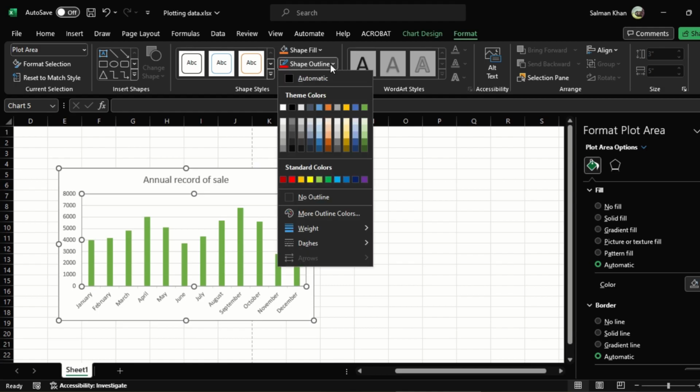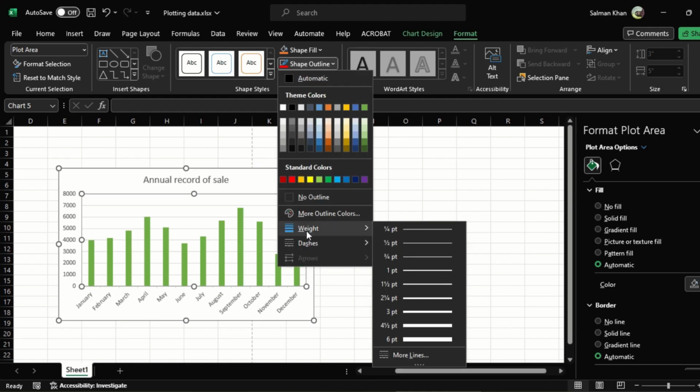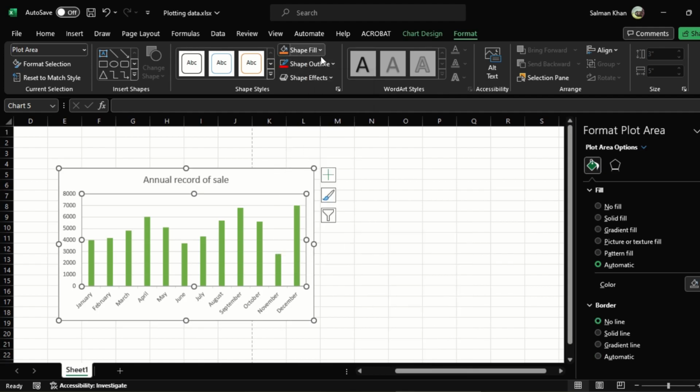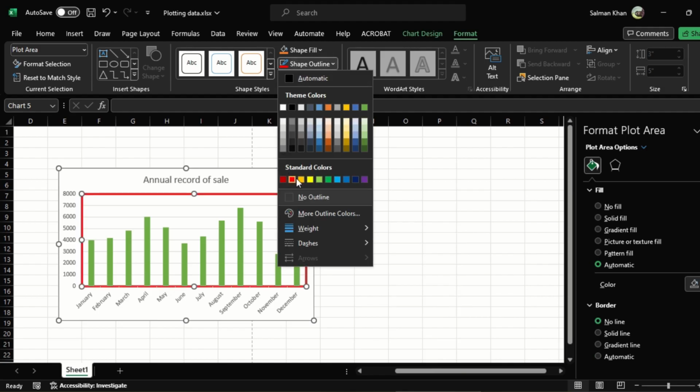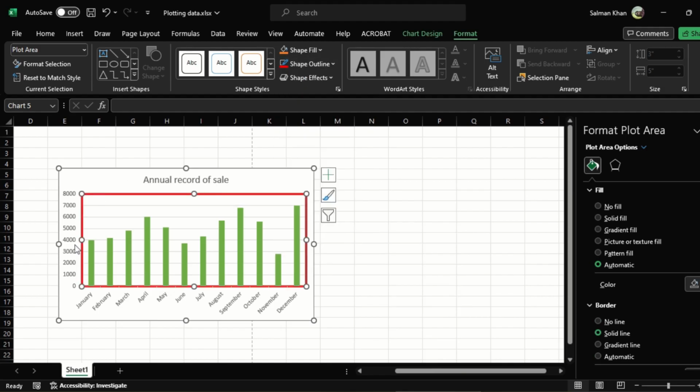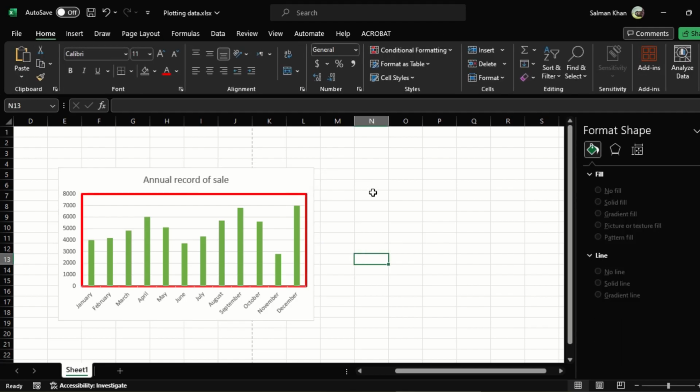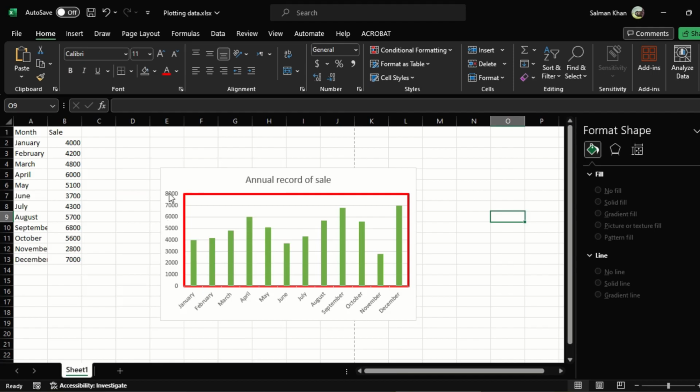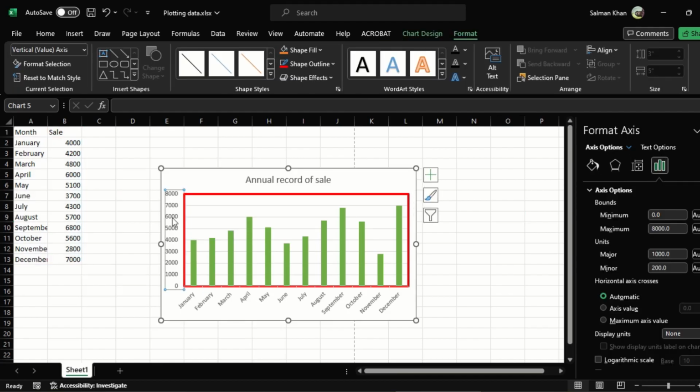Then from this option I can change the width of the borders. For example, if I come to 3, it will change the border line, and similarly I change the color. You see now the color and width of this border line is changed. You can do too many other things to this plot as you wish. And if you want to change the size and colors of the labeling of the axis, you click on the corresponding axis and then come to